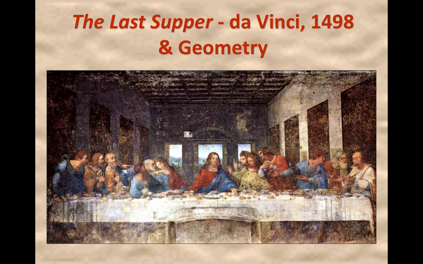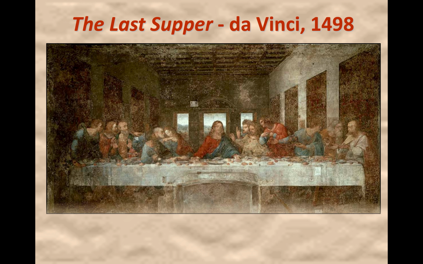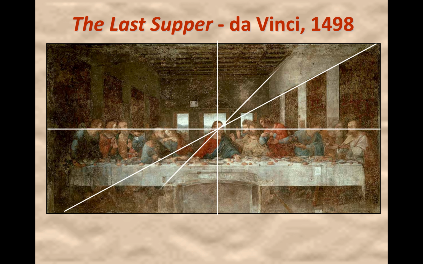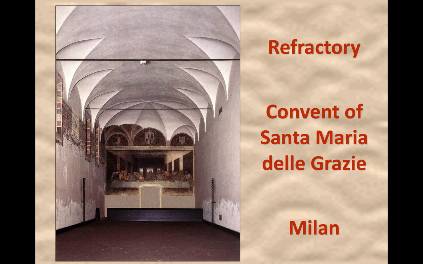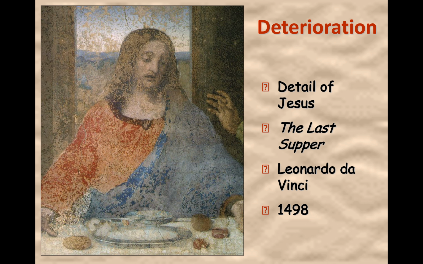Here's another painting of Da Vinci, and one of the reasons I put this painting up was, number one, it showcases the fresco. You can kind of see the plaster that's going away. This painting has deteriorated a lot, and we also see math and geometry, and perspective. Pretty incredible. Here's how it looks today, but there's a lot of deterioration.